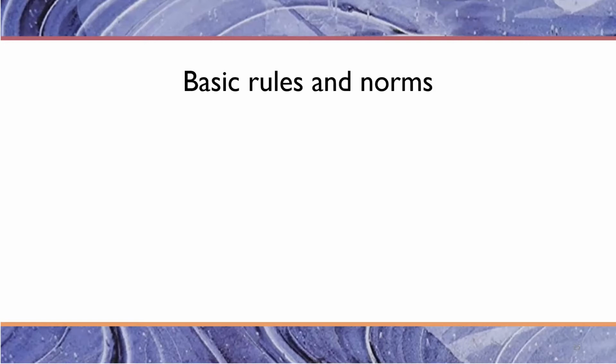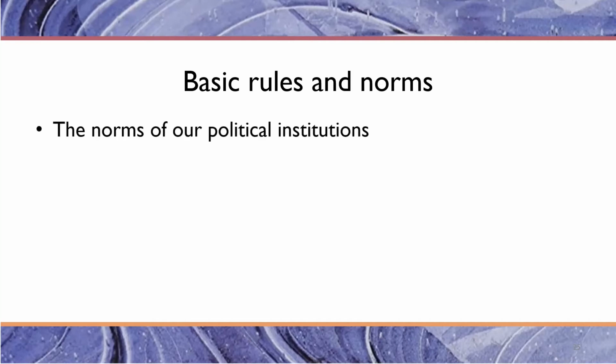Now, basic rules and norms are also a feature of our political system. And I don't think I'm as clear as I could be on this point in the book, but here's what I mean by this. Our political institutions have a set of norms under which politics are conducted, norms of what we call comity, C-O-M-I-T-Y. There are norms in Congress that suggest that you shouldn't call people names or insult your fellow members of Congress. And in fact,